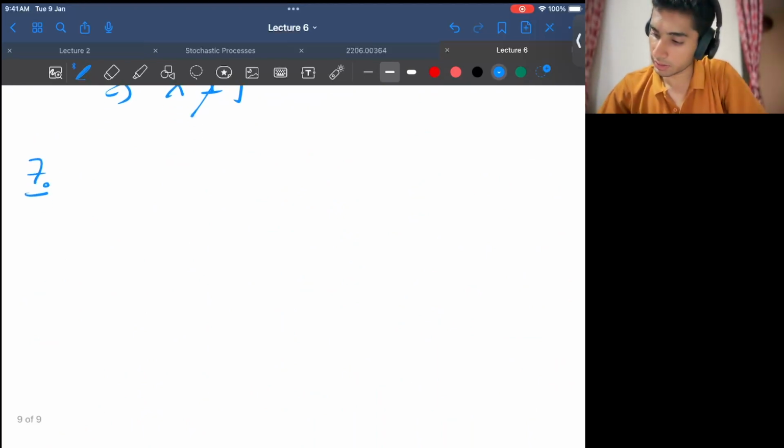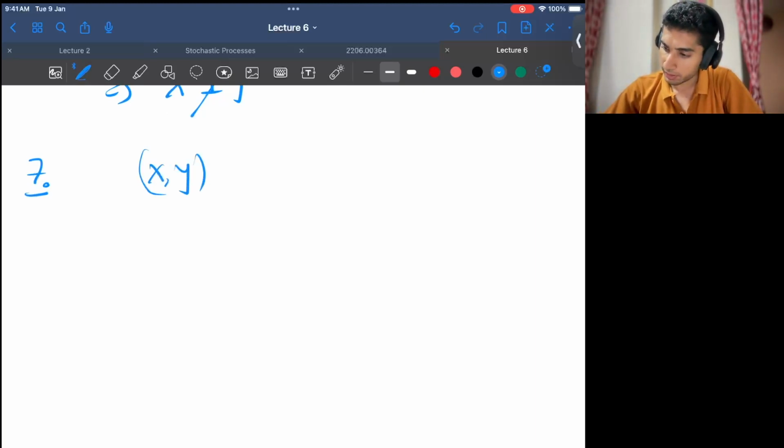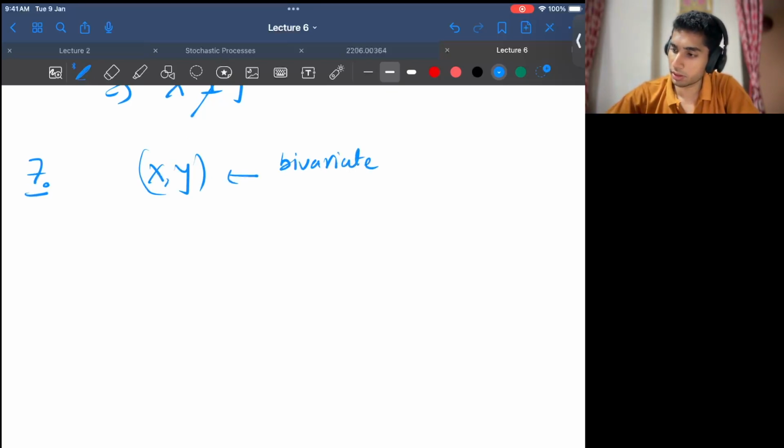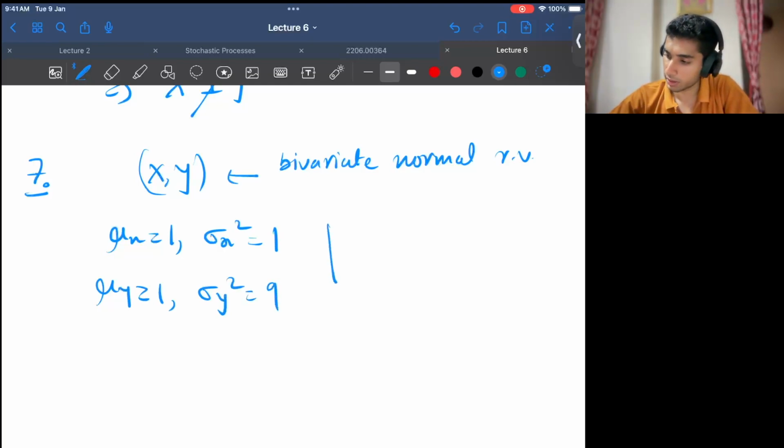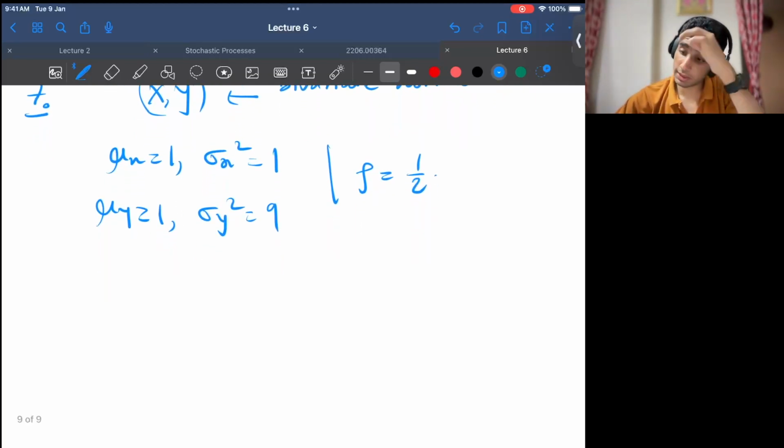So the seventh question is that x comma y, these are bivariate normal random variables. Okay. It is given to you that mu x is equal to 1, sigma x square is equal to 1, mu y is equal to 1, and sigma y square is equal to 9, and rho, the correlation coefficient, is equal to half. This is given to you. The question is, what is the distribution of y given